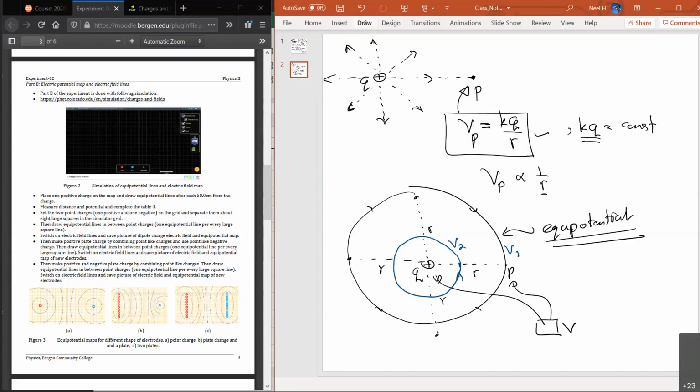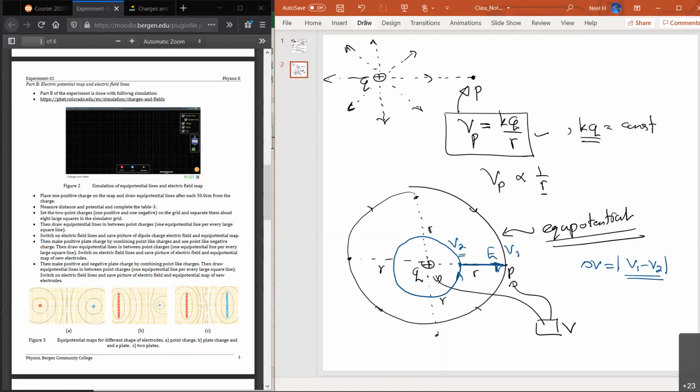Now if I get the potential difference between two equipotential lines, that is the absolute value of V1 minus V2. We don't care about the sign, we just need the difference. If you get the difference between any two equipotential lines, I can use that difference to figure out the electric field between these two equipotentials. We know the direction by looking at the charge. The equipotential lines should be much closer together to do this experiment correctly, otherwise it is inaccurate.